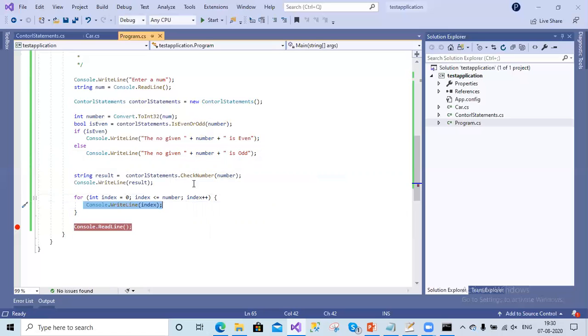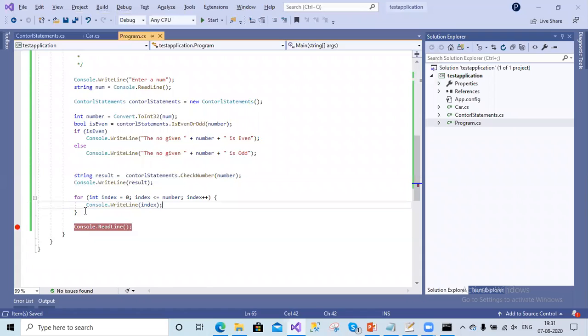Next it will go to index plus plus, the incrementing or decrementing iterator. Then it will increase the value, and again it will check whether the condition is true or false. If it is true, again it will execute the statement. Similarly, it will keep on looping these statements until the condition becomes false. Clear?